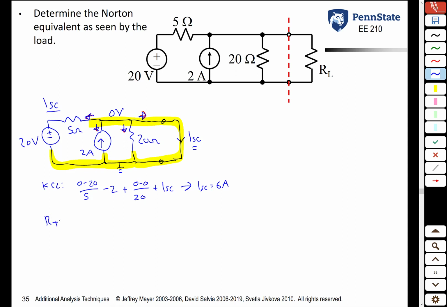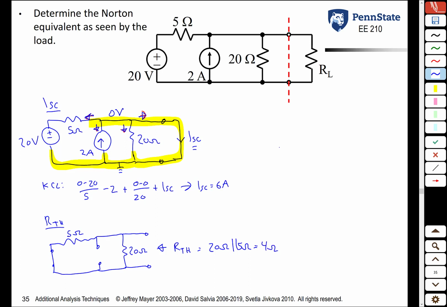Then to find R Thevenin, once again, we did this before already. You turn off all independent sources. Voltage source becomes a short circuit. Current source becomes an open circuit. And then you measure, either analytically or experimentally, the resistance between those terminals. And that, by definition, is R Thevenin. So R Thevenin is what? 20 ohms in parallel with 5 ohms, or 4 ohms. So the Norton equivalent model for this circuit